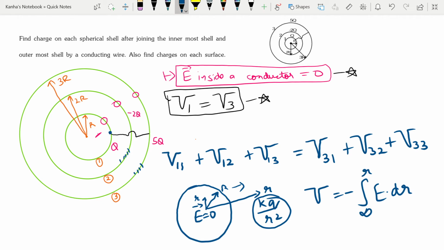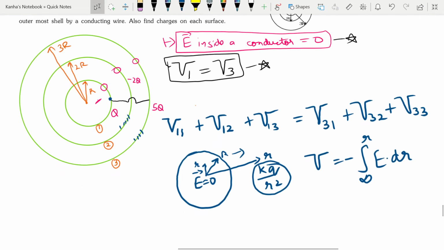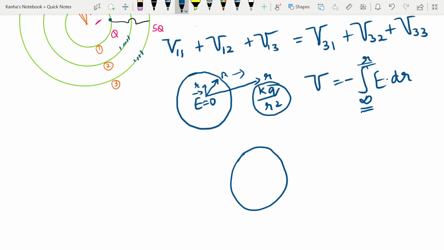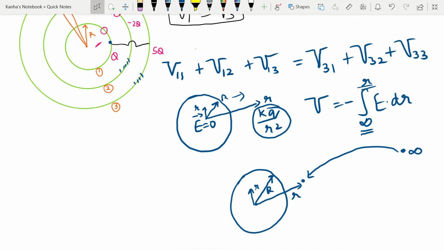What does it mean? You are trying to bring in a charge from 0 potential to some region r. You have a charged sphere or a shell. My charge is at infinity. I am trying to bring this charge close to some point at a distance r. Now this distance r could be right at the surface, then it becomes capital R, the radius, or it could be somewhere inside. For all three cases the potentials are quite different.